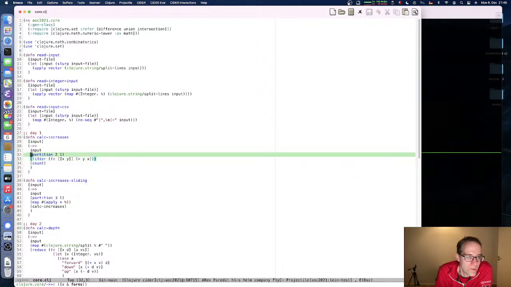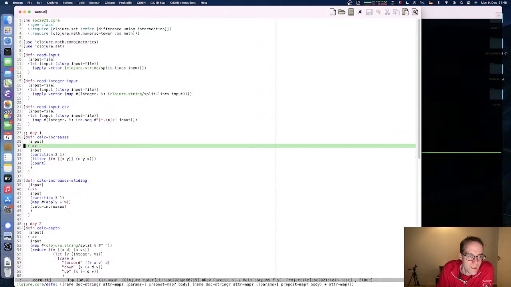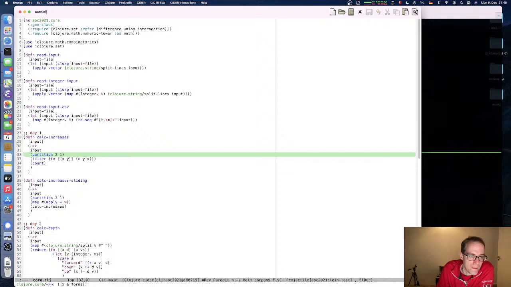This is similar to what you would do in an imperative language, where you say, do this, then do that, then do that. So it takes one item from the list of input and pipes it through the whole thing. It will apply the partition function, for example, first of all,